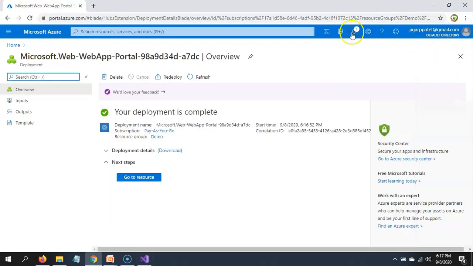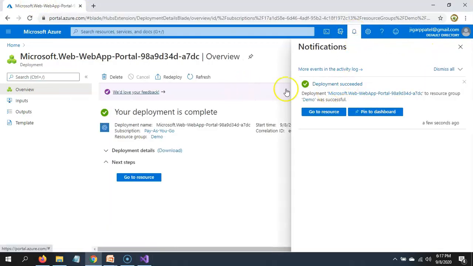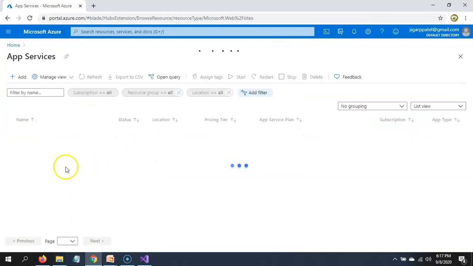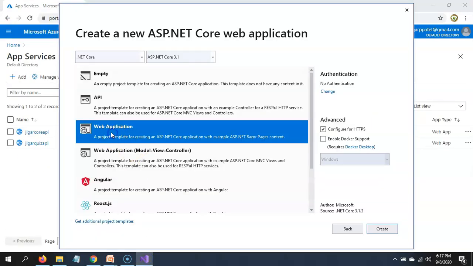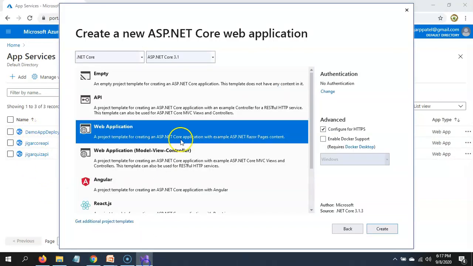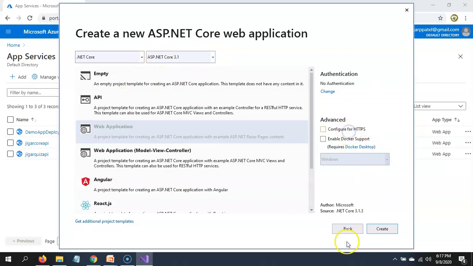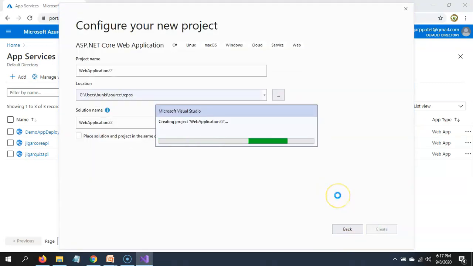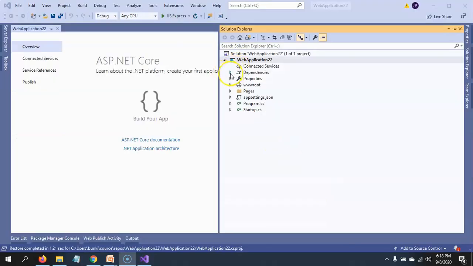So you can see that our app service plan is created. Okay, it is created. Now let's create a web application ASP.NET Core 3.1. Let's create it. Okay, our .NET Core 3.1 web application is created.